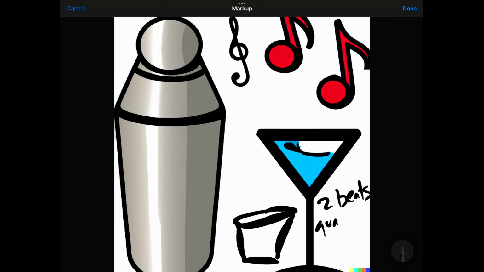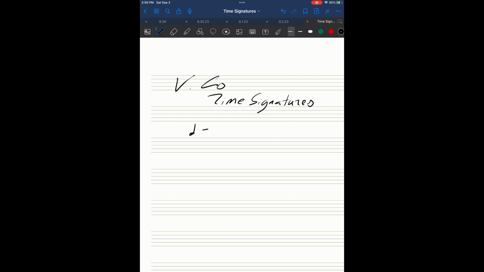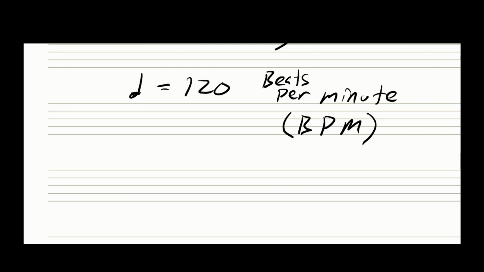So in my last video, where we examined the front page of a piece of sheet music, I talked a little about tempo and beats. Remember, I said tempo is usually written in what we call the metronome marking, and it tells us how fast or slow to play the song by giving the number of beats in a minute of music. Keep all that in mind. So, since tempo tells us how many beats are in a minute, the time signature tells us how many beats are in each measure of the music and how we're supposed to feel that rhythm.